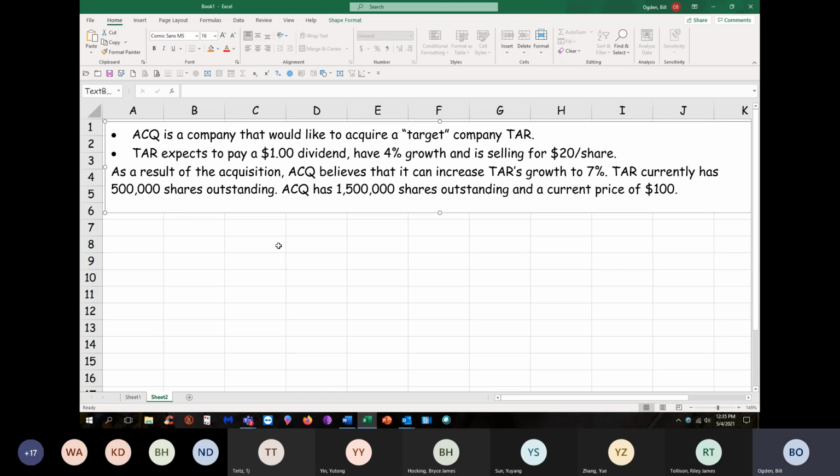I need a cost of capital of some kind. Well, do I have a beta? I don't have that. Do I have a risk-free rate? I don't have that. So what do we have? Well, we have all the parts of the constant dividend growth model in front of us. So let's do that. And let's start out with